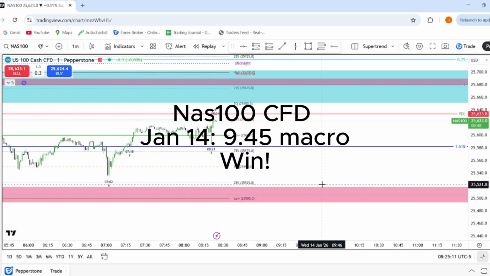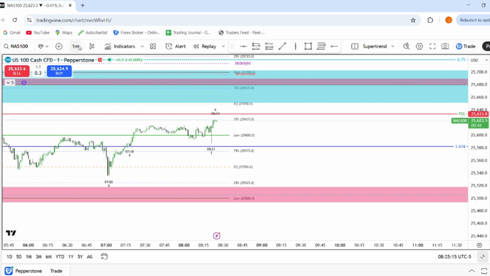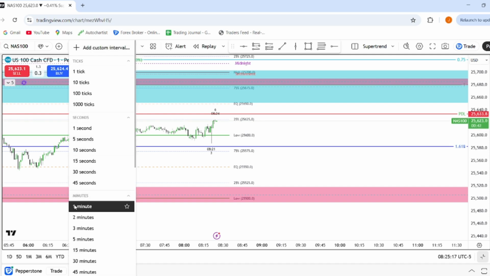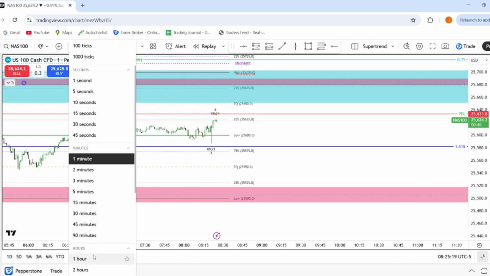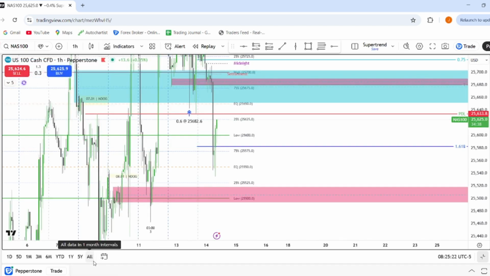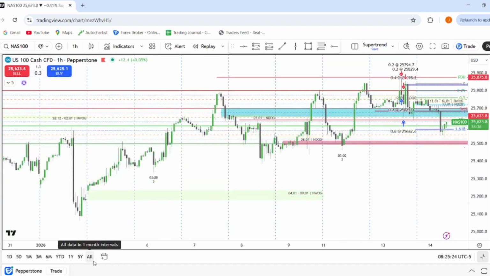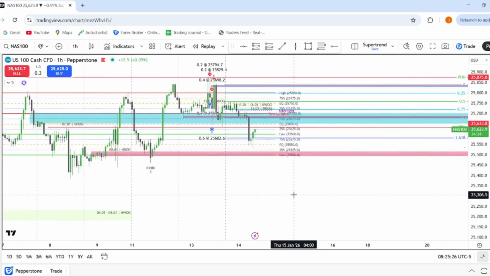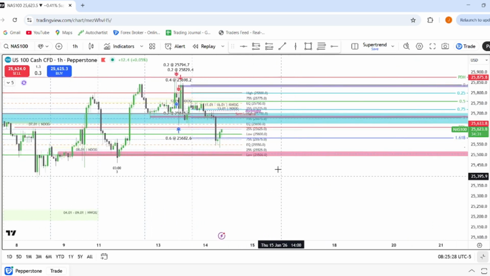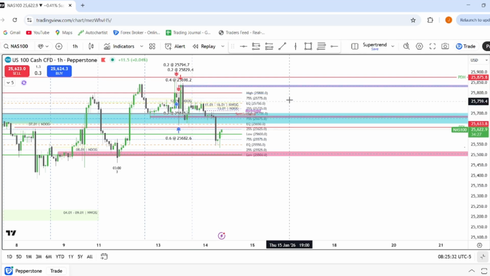It's the 14th of January, so let's have a look at what has been happening. First of all, I start off on my 1 hour time frame to see where price has been and gone overnight, and mark up my previous day high, which was here, and